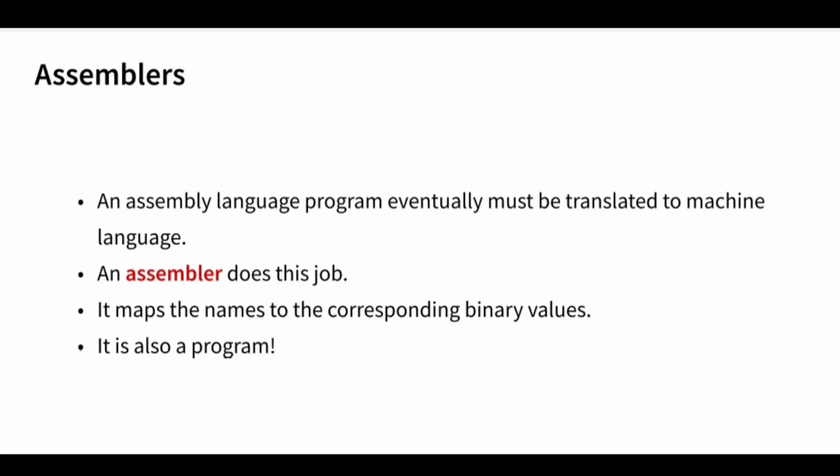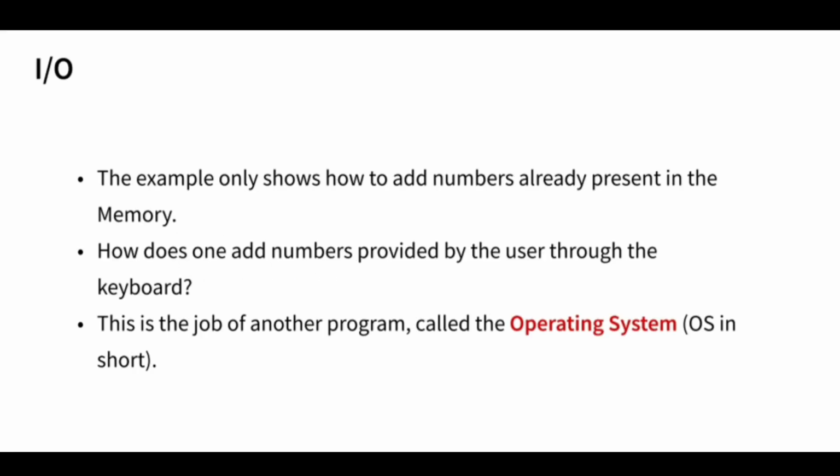Then what is an assembler? The main function of an assembler is to translate assembly language into machine level language. An assembler does this job. It maps the names to the corresponding binary values. It is also a program. And when it comes to the inputs and outputs,